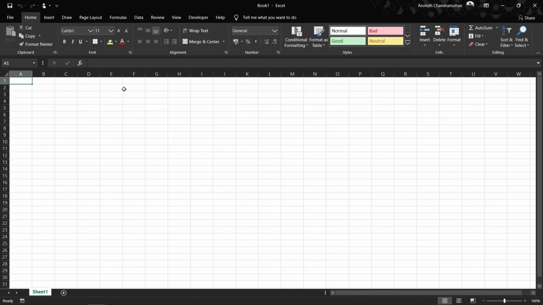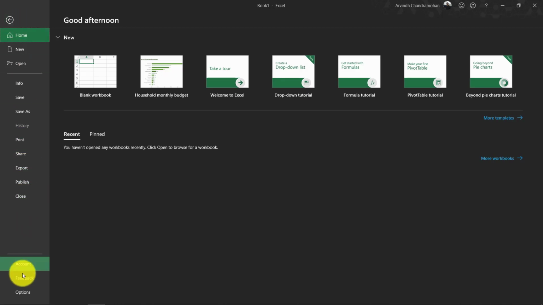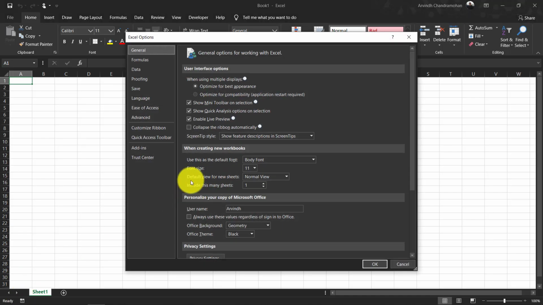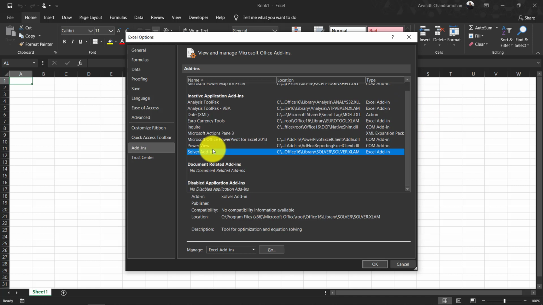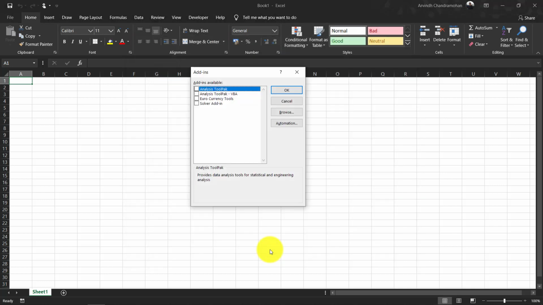First things first, the solver function needs to be enabled in Excel if not already done. Click on the File menu, move to Options item, in the dialog box that pops up, there is this add-ins section. Now that you see Solver listed as an add-in feature, not activated though, just click on the Go button here and a small pop-up window appears. Check the box that says Solver add-in and click OK.